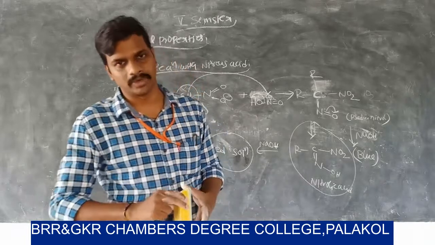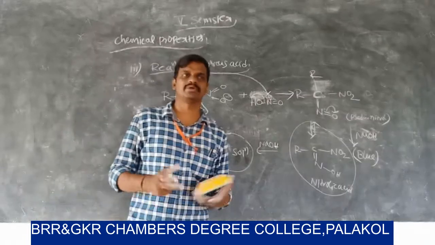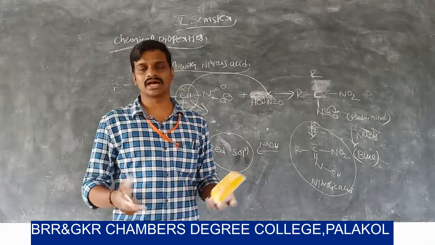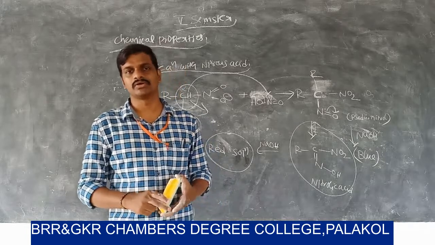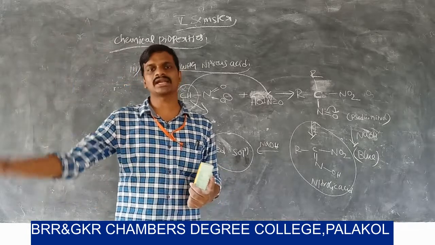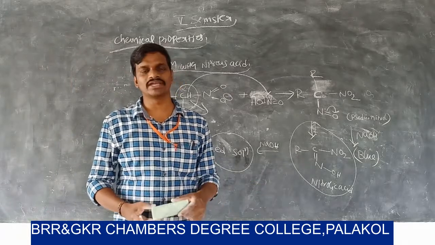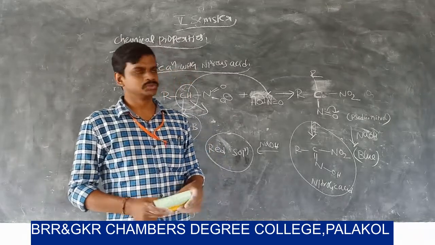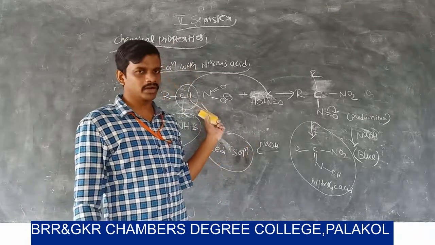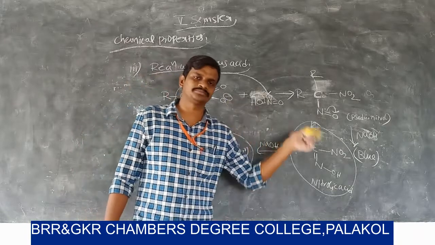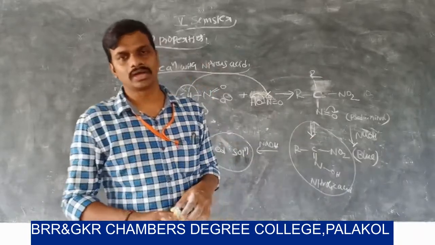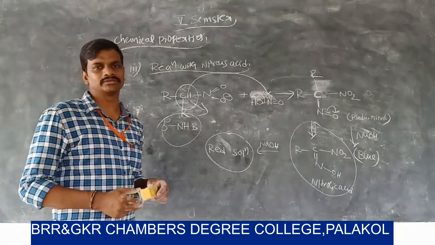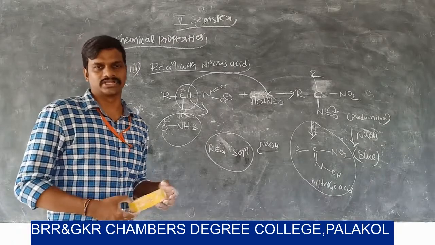In your previous classes, that means in your second year, you distinguished primary alcohols, secondary alcohols, and tertiary alcohols by using the Victor Meyer reaction. In later classes, in the next unit, we will discuss distinguishing primary amines, secondary amines, and tertiary amines. So here we distinguish primary nitrohydrocarbons from secondary, and secondary from tertiary nitrohydrocarbons. This is the third important chemical property of nitrohydrocarbons.